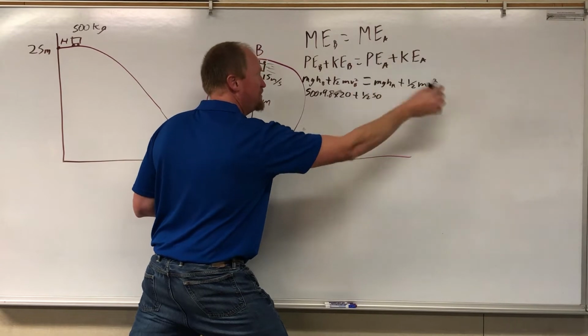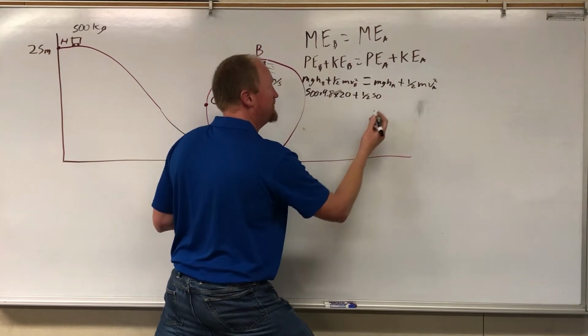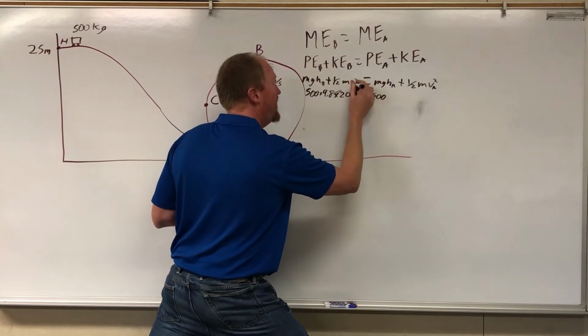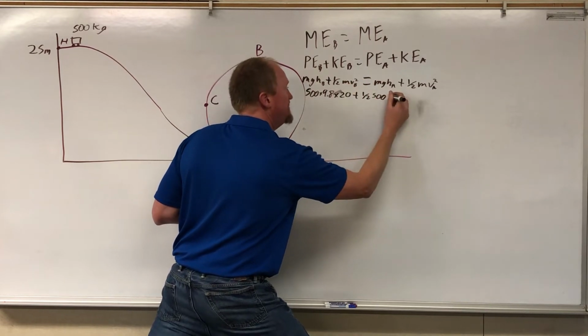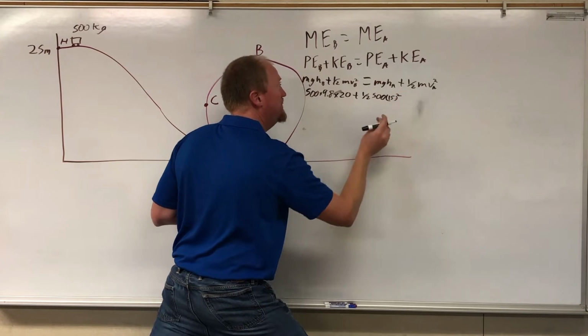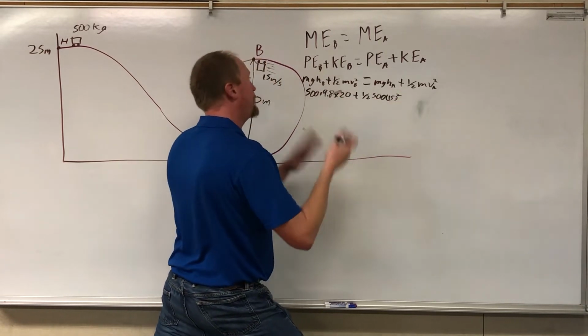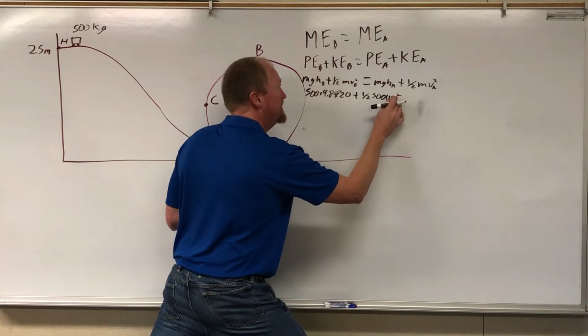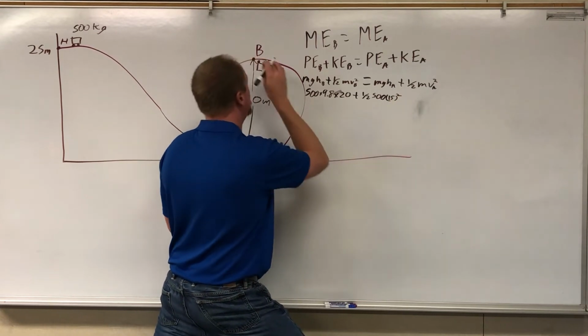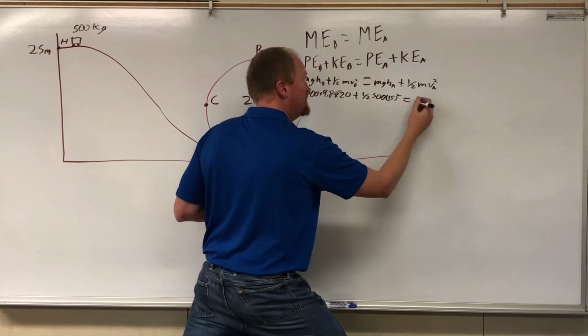I know, sorry, my equal signs are drifting because I didn't give myself enough room. Velocity. The velocity is 15 squared. Don't lose that square. People, you lose a square and your problems just go crazy, okay? Don't lose the square. So that's all your values at point B. It's going to be equal to